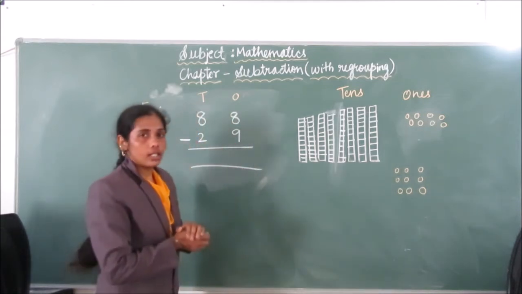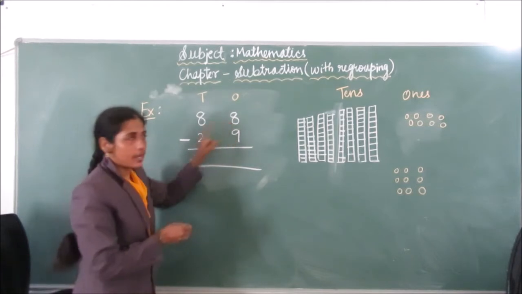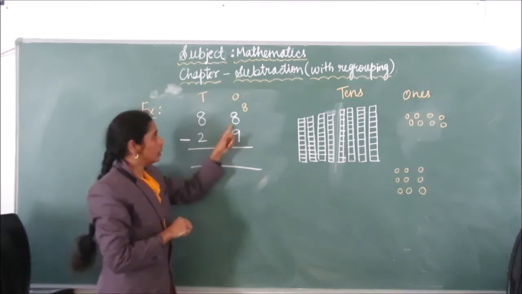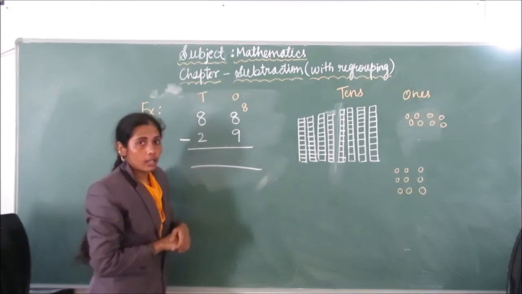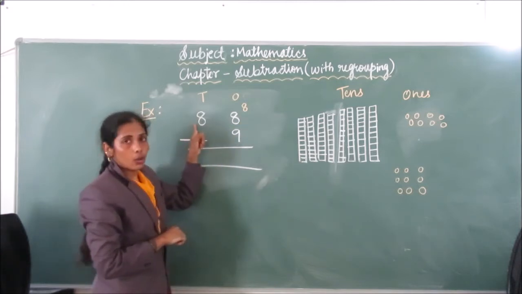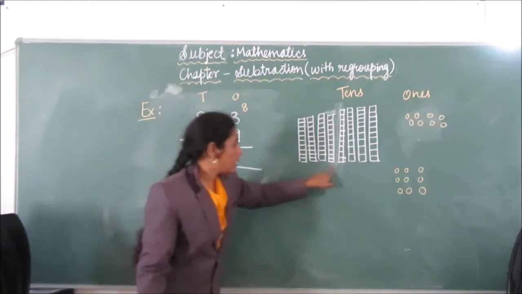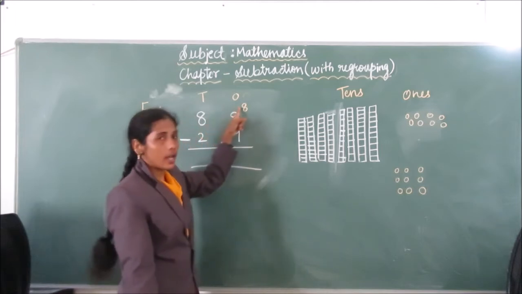Okay, let's take the borrow. See, 8 there, already 8 beads. Write the 8 beads first. On the ones head we have to write 8. Okay, next step, take borrow. How many tens? 8. From the 8 tens, the tens will give 1 ten to the ones place.